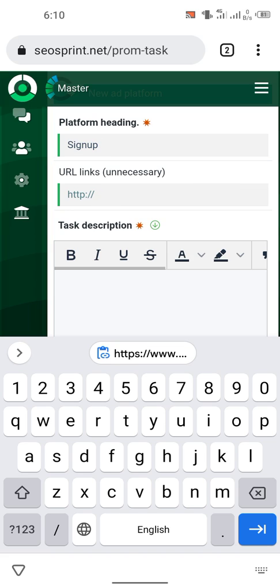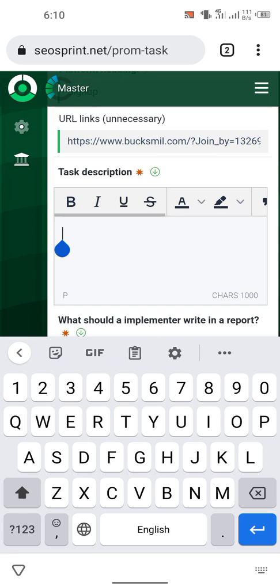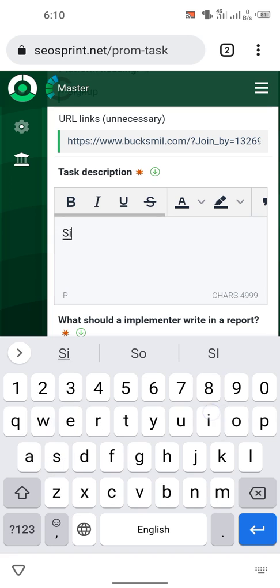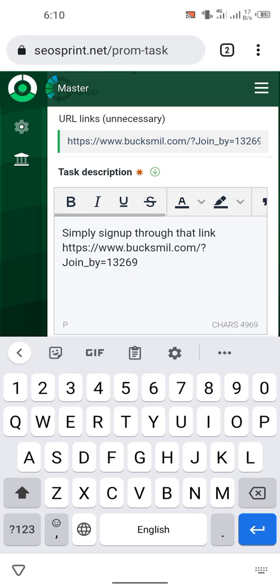After that, in the next column you can paste the link of the job, and right here in task description you can write simply sign up through that link. So I paste the link.